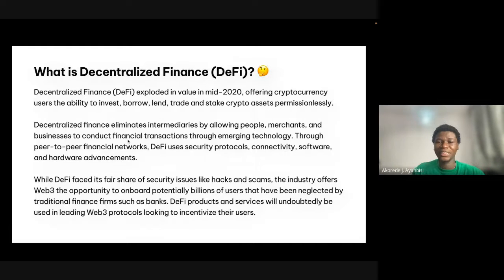Decentralized finance eliminates intermediaries by allowing people and merchant businesses to conduct financial transactions through emerging technology, through a peer-to-peer financial network. DeFi uses security protocols, connectivity, software, hardware, and advancements. While DeFi has faced its fair share of security issues like hacks and scams, I'm very sure if we are